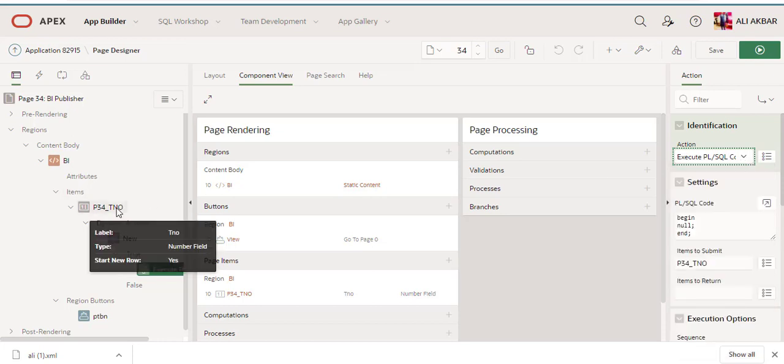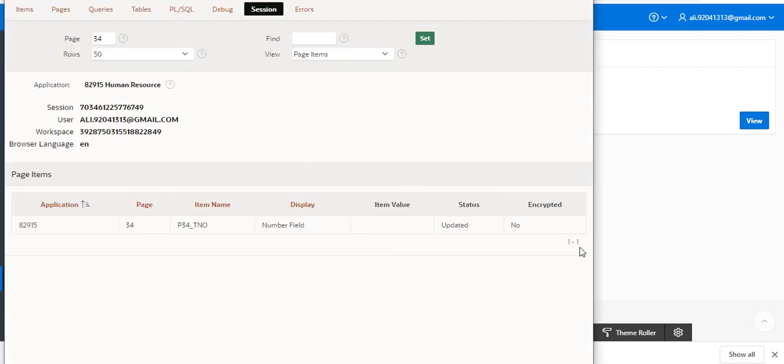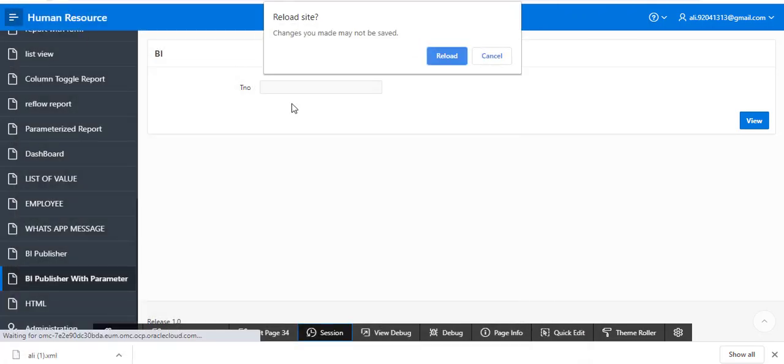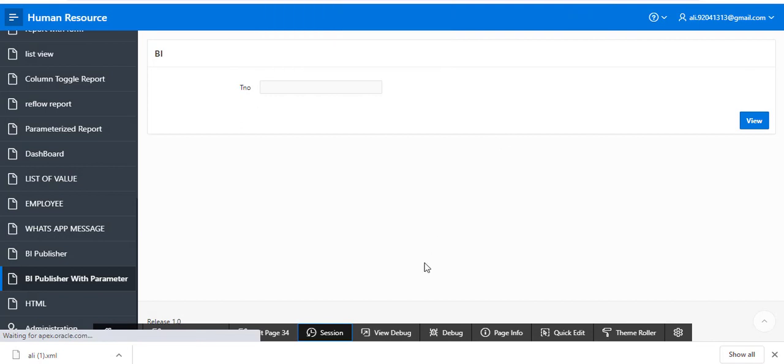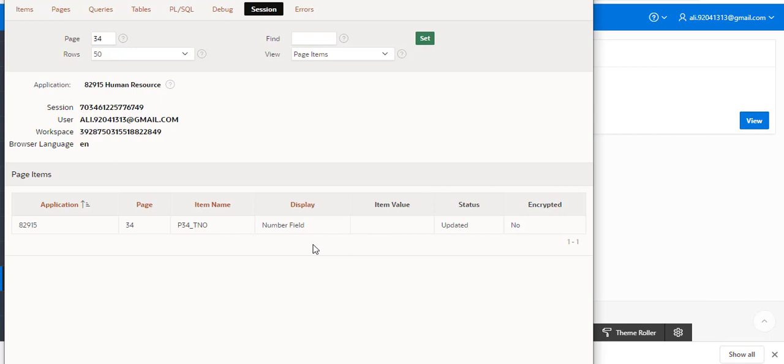This is needed if the value is not going into session. Now we can see the session. If I refresh, load, the session is empty.